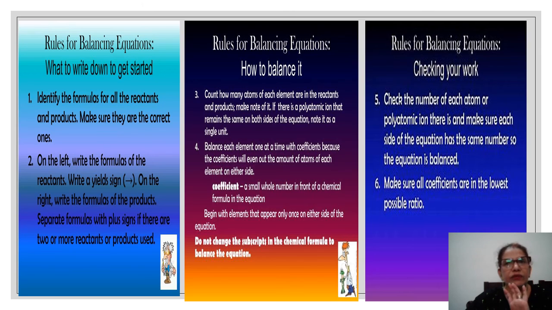So first, very important is you need to write the correct formula when you are writing a chemical equation. So you're given a chemical reaction, you have to write the chemical equation. So firstly, write the correct formula. Second, then you see that the reactants and products are on the correct side, that is reactants on the left hand side and products on the right hand side of the arrow mark.